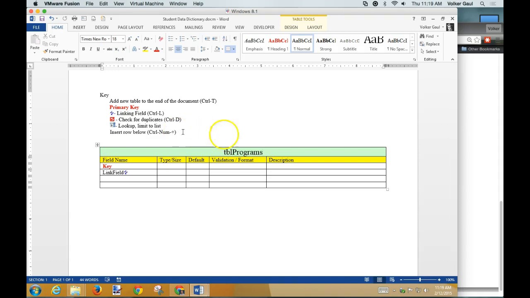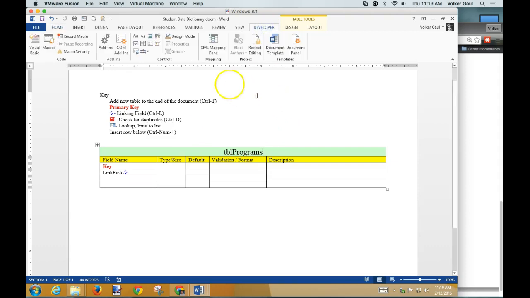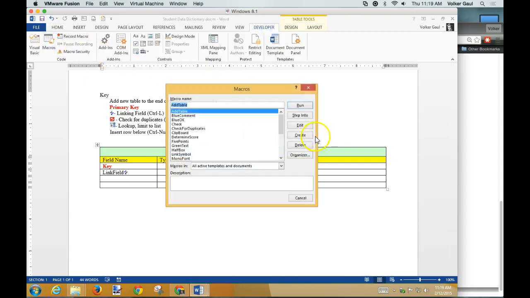So somewhere embedded inside here, and I'm not going to get into it too deep, but if I go to the developer tab, here are the macros, and the macros in here are check for duplicates. That inserts this little symbol, red check mark. Insert a row. Insert the link symbol and add a table. These are macros that I have recorded